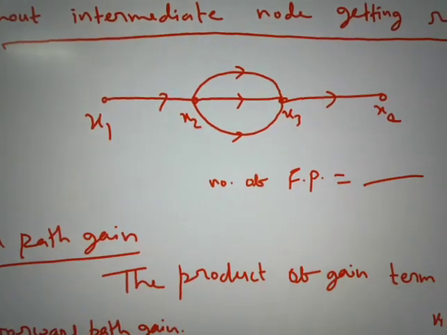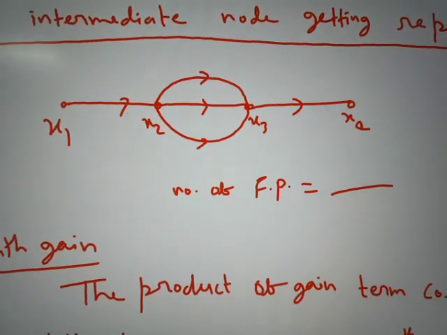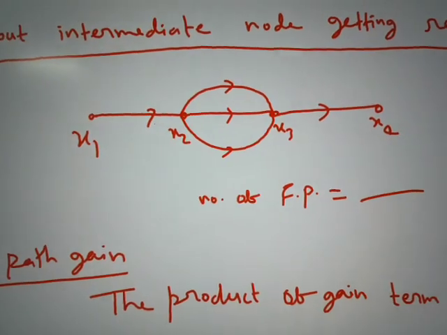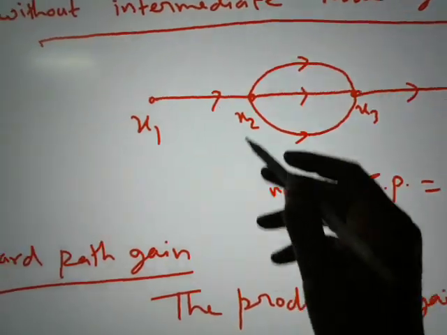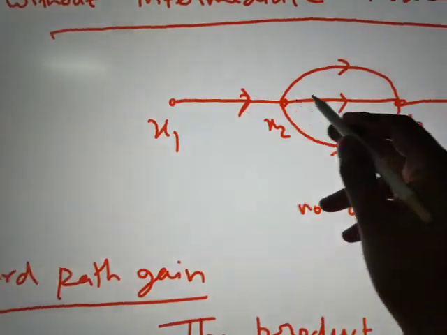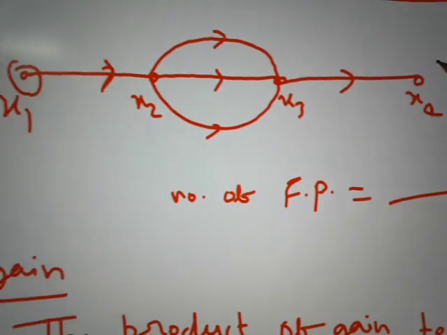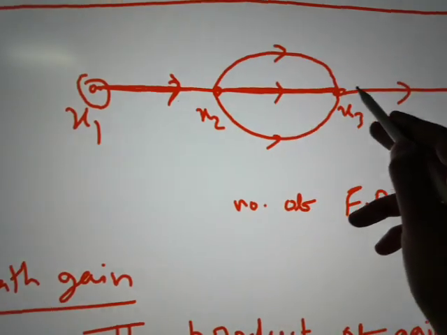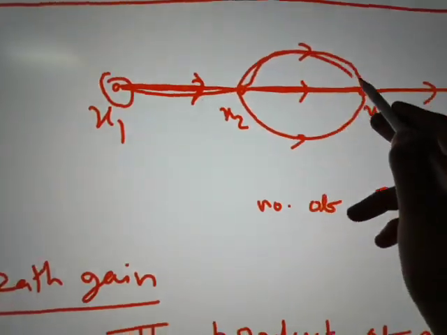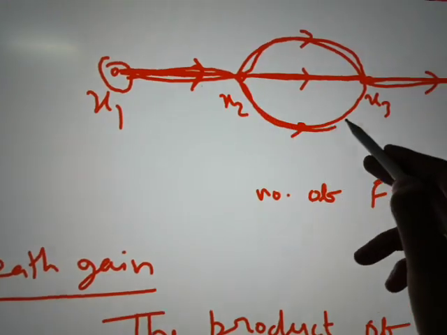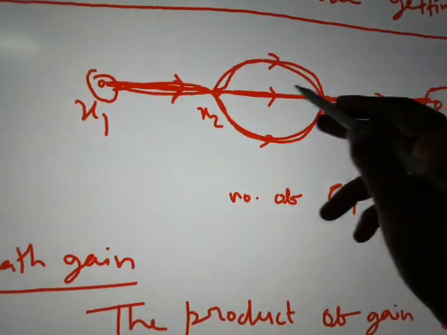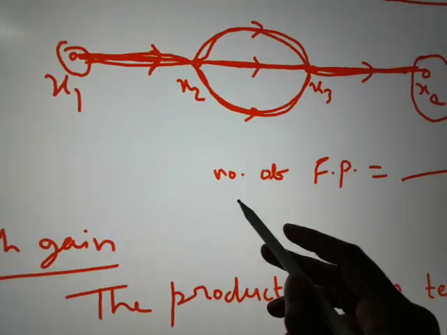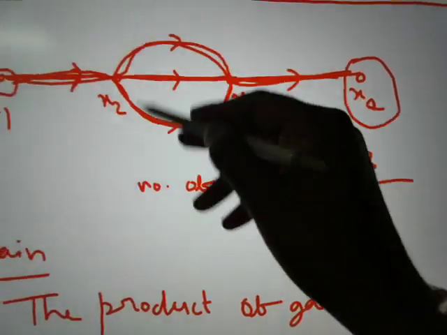This is my SFG. Now for this SFG, can you tell me how many nodes are here? How many forward paths are here? See, from source node to sink node: this is my x1 source node, and x4 is the sink node. From source node to sink node, we have one path this way, another path this way, and another path this way. In all these three cases, no node is repeated. So the number of forward paths here is 3.